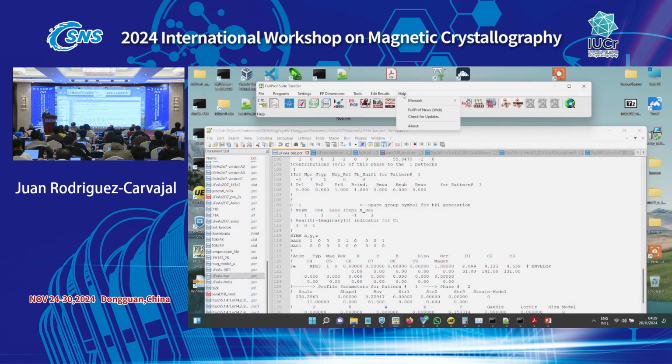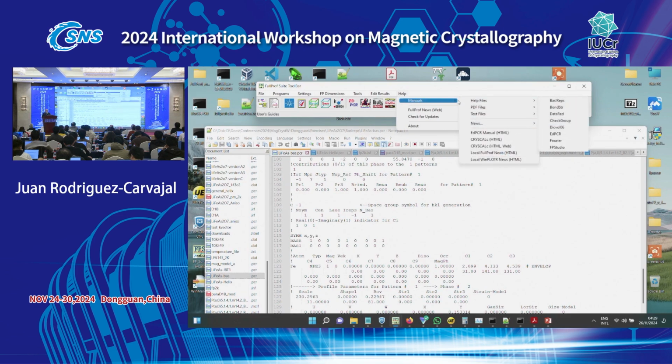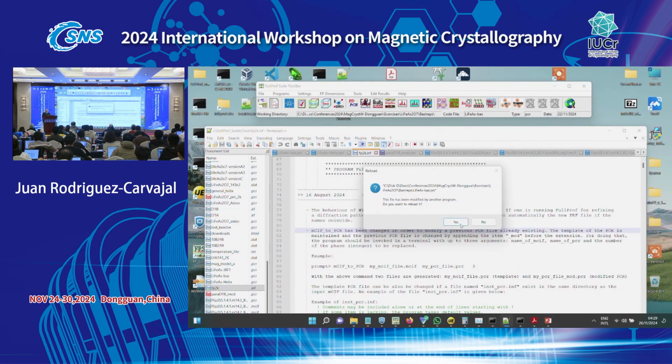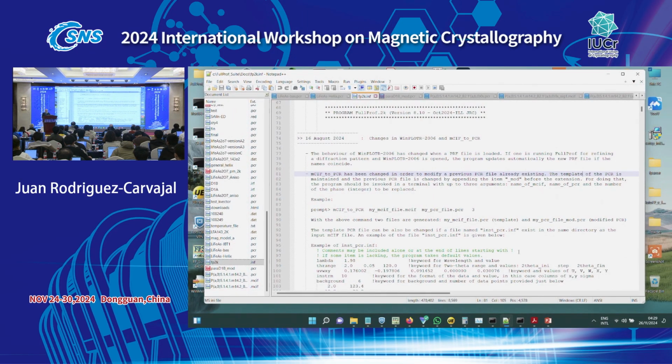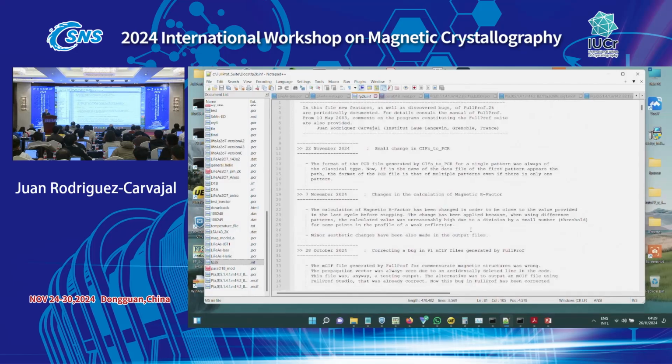And another, the most important thing, is that the manual of FullProf is very old and is not updated. It's like that, but you have the news. When you put FullProf here, news, you open a file called fp2k.inf, which is in the main directory of FullProf, and here you see 22 November, small changes in SIFs to PCR.